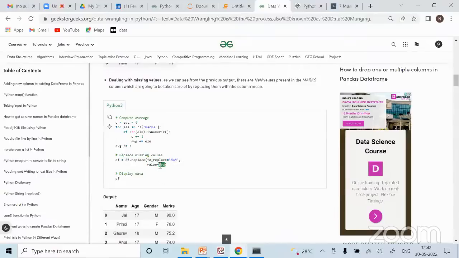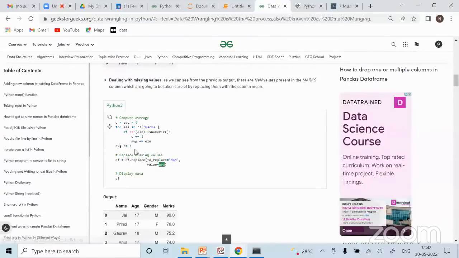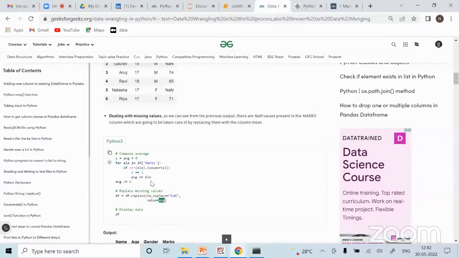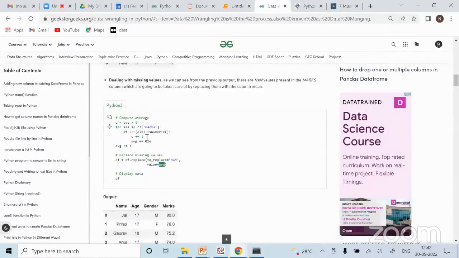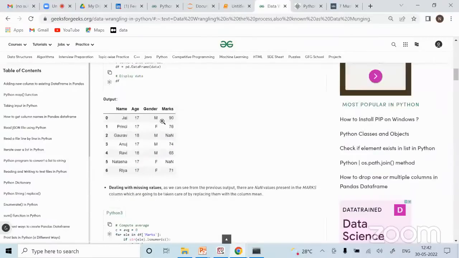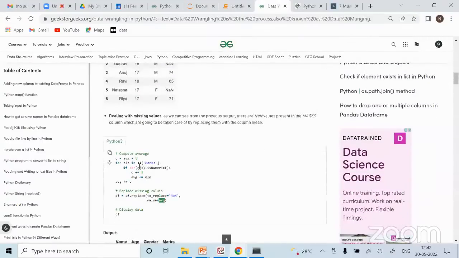Now from where is this value coming? You could have simply taken the mean of that, right? Here there is a direct function, np.mean, you can calculate it, or you can write your own function, up to you. Typically we already know there is a function, so what is the point of writing a loop, right? Maybe because, let's say in marks, if you write this function, what it is doing is I'm simply going over the marks column and checking if it is numeric. If it is numeric, then you add, right?